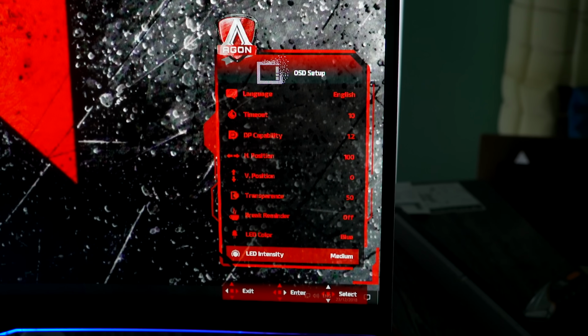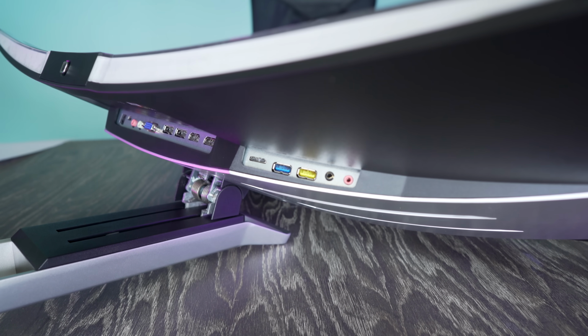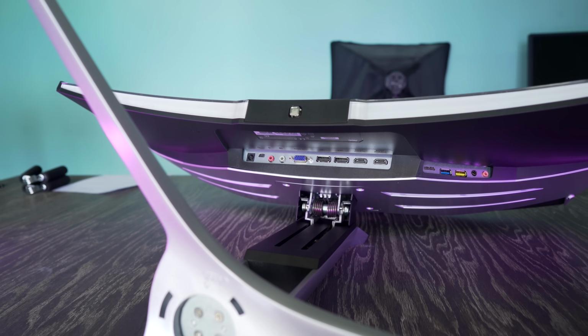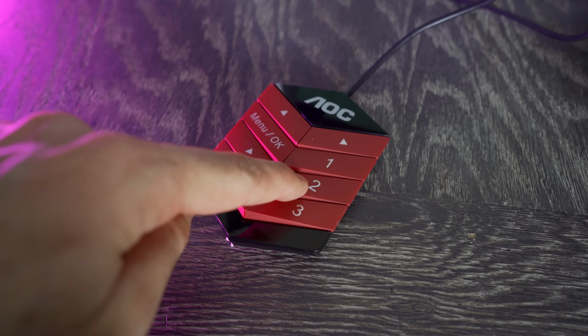Moving through the inputs and outputs, you get SVGA as well as 2 HDMI ins and 2 DisplayPort ins supporting up to DisplayPort 1.2. There's also a USB and data hub as well as an additional port for the included controller itself, which you can then control pretty much all the settings you could control through the D-pad itself, just